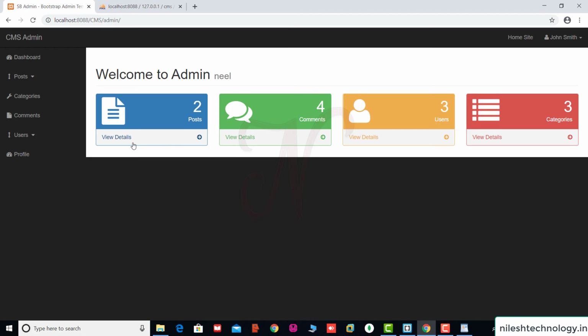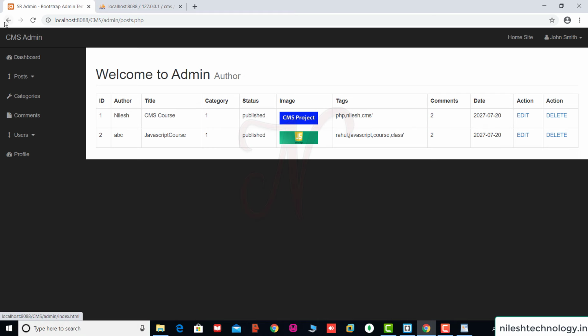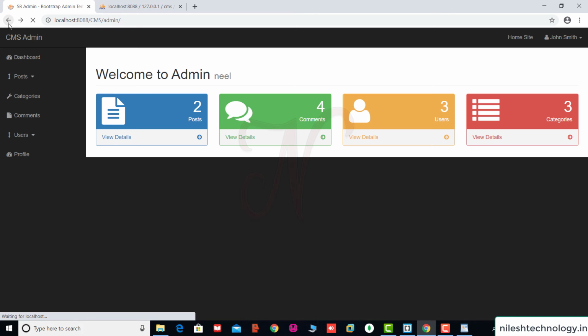Our next work is the view details. If you click on this view details, you are redirected to the view post.php file, this one. Same here, if you click on this view details, you are redirected to the view comments, then users.php, then categories.php.